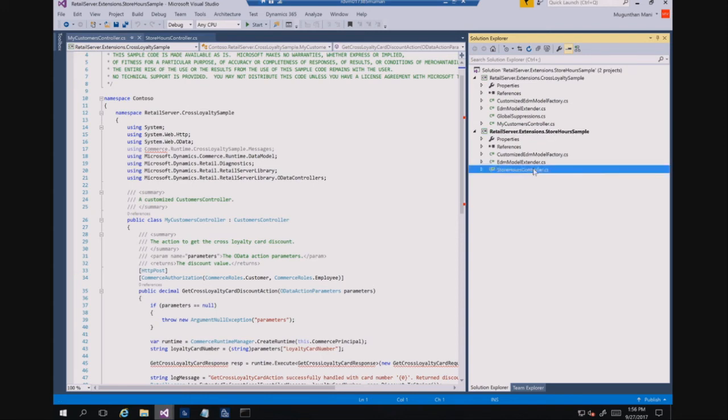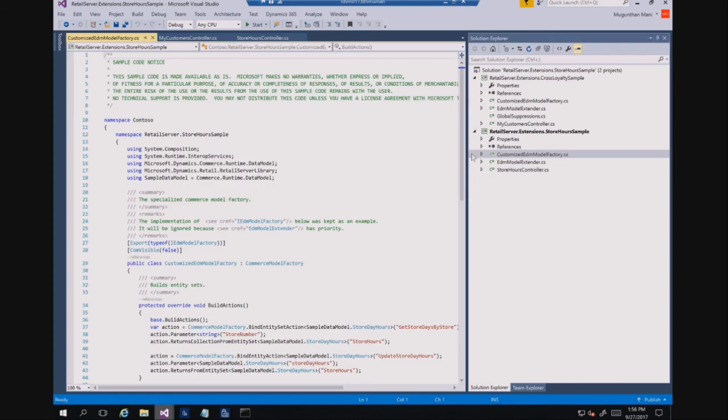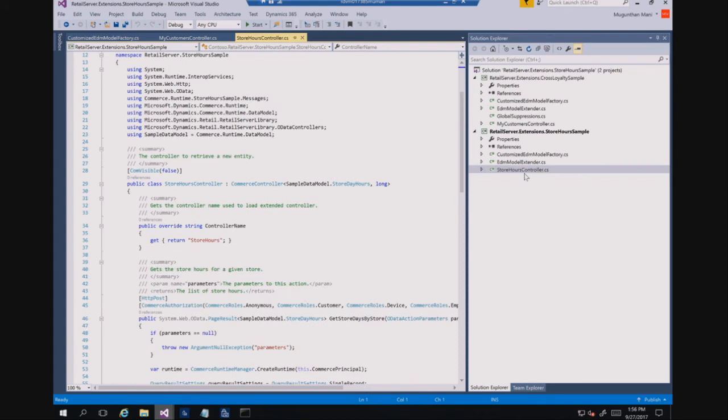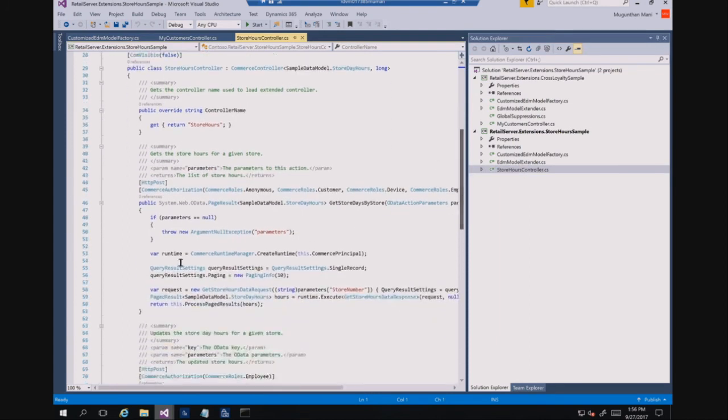This service has nothing here. If I go inside this guy, I will say, hey, these are the methods I'm going to expose: get the store information, and update the store information. These are the two methods I'm going to expose as a web service URL. So POS will call this URL, right? Here, if you see, the business logic for this is not here, it's just going to call the CRT. Because this is just a wrapper, it doesn't do any business logic, it's just going to take the request from POS and call the business logic. All the business logic, we wrote in the CRT. So that's how you create a new retail server API to call the business logic.